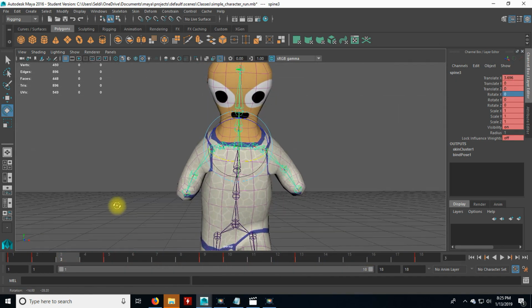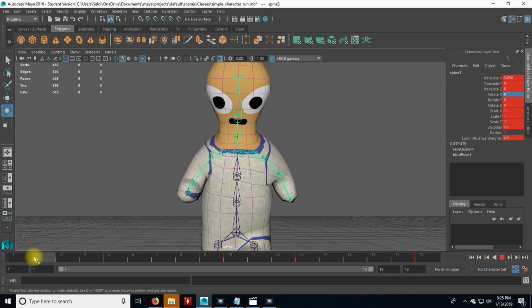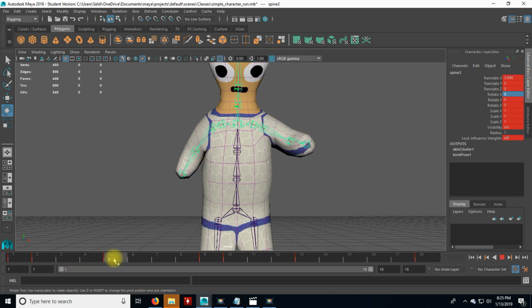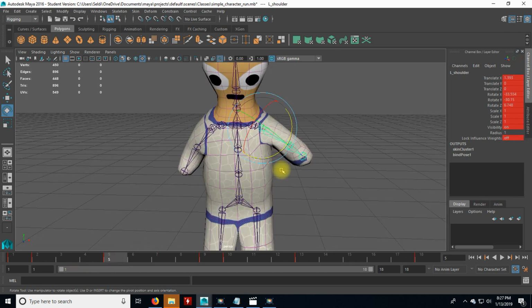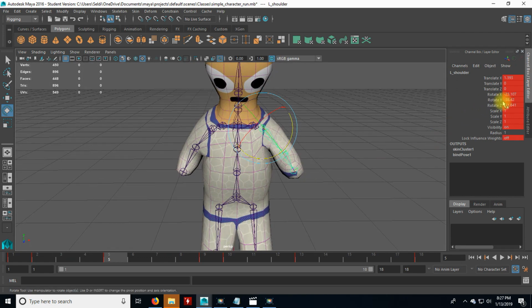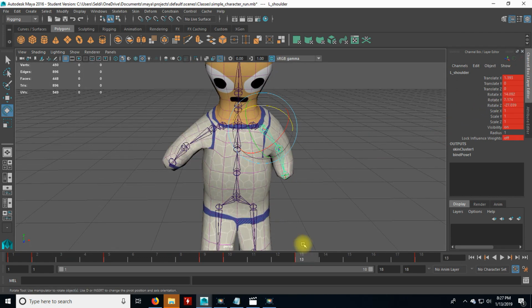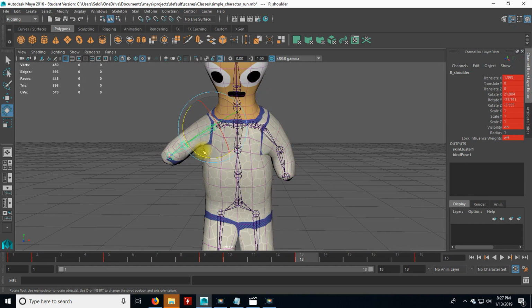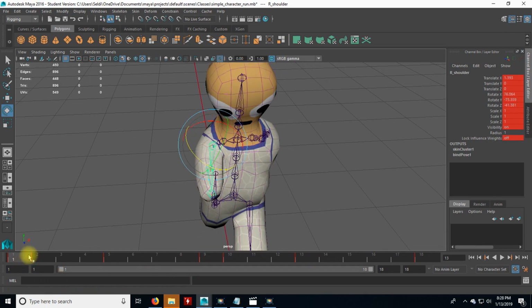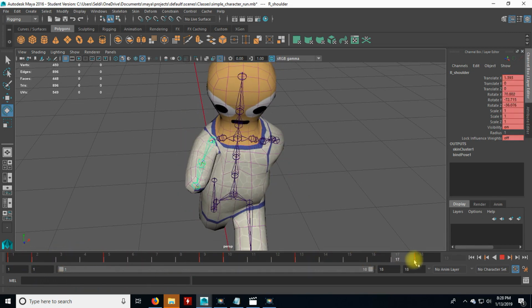And then just from the front, I'm going to take a quick look, just because time. This arm does swing out. You can see how the arm is a little bit out, so I'm just going to go ahead and pull that down. That should be good. And of course, you could copy these over on the other arm. I'm just going to go to 13 real quick. And I'm just going to move it down manually. It's okay to have a little bit of asymmetry. We don't all move the same way, so